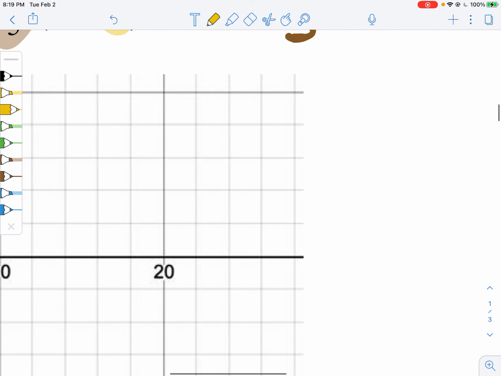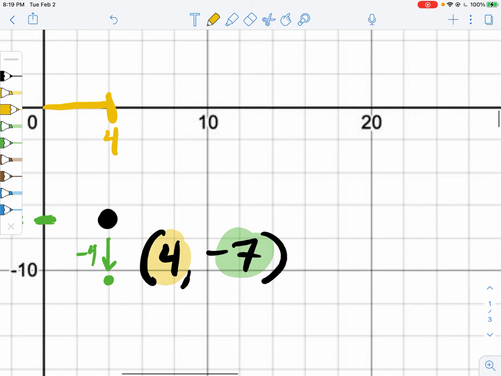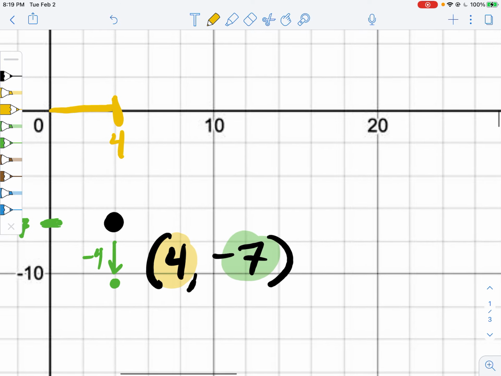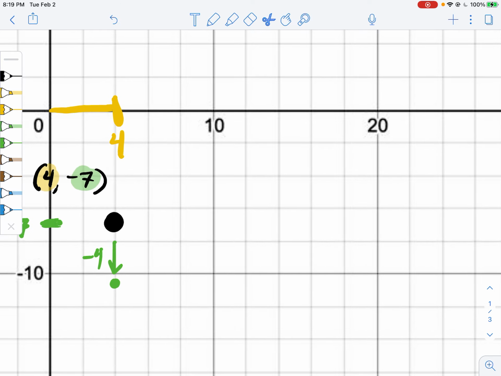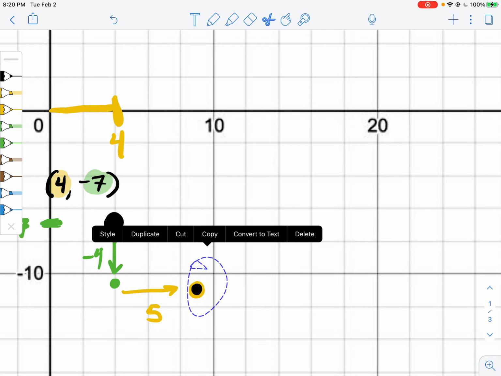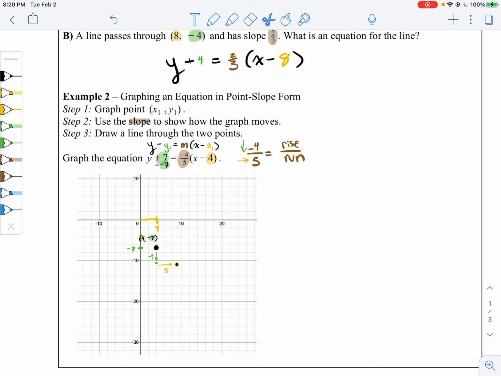And we need to go to the right 5. So from 4, -7, we need to go all the way over to 9, which is going to be down here, there. Okay, so we went down 4, over 5, and that's our next point. Well, this should be like halfway through here. There you go. Excellent. So we've got our point, we've got our starting point, we've got our slope, taking us